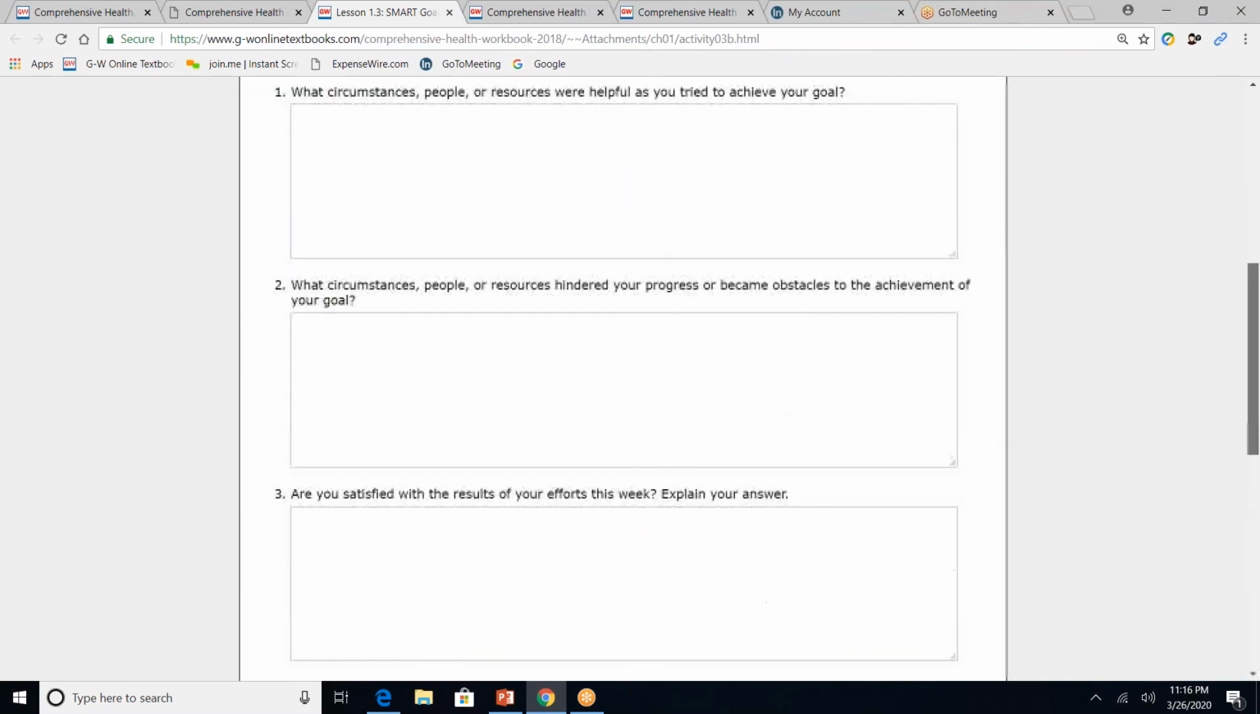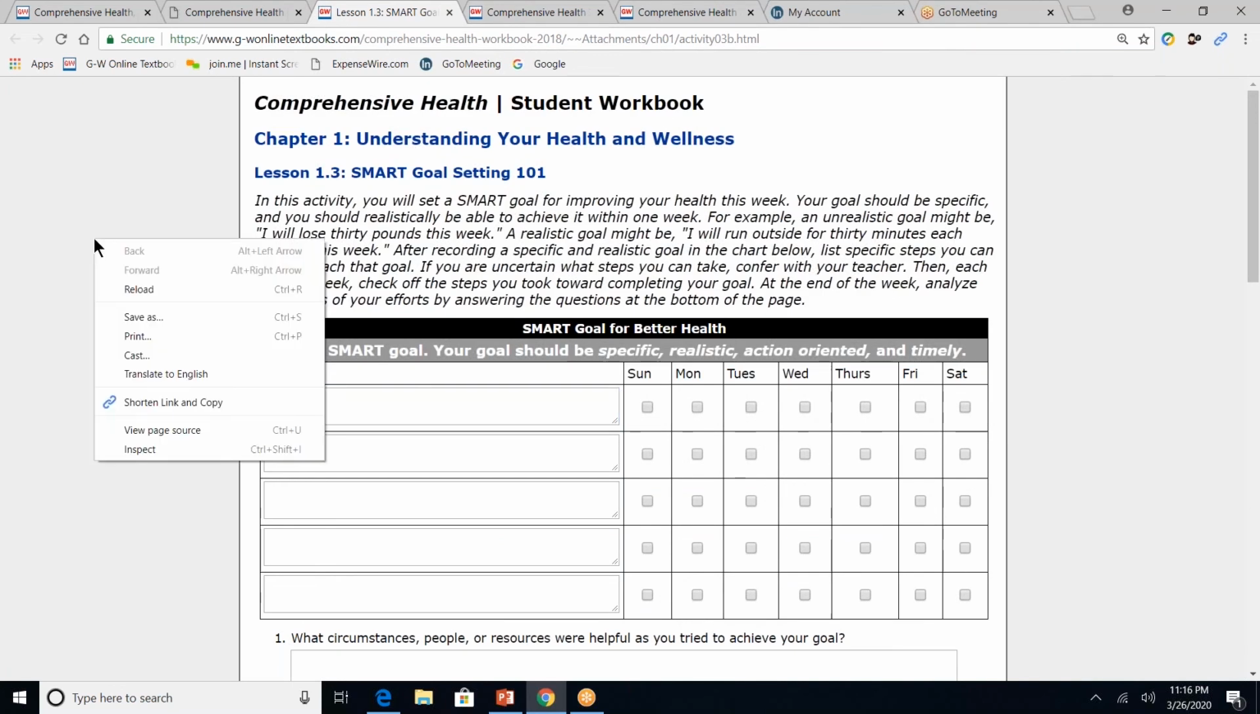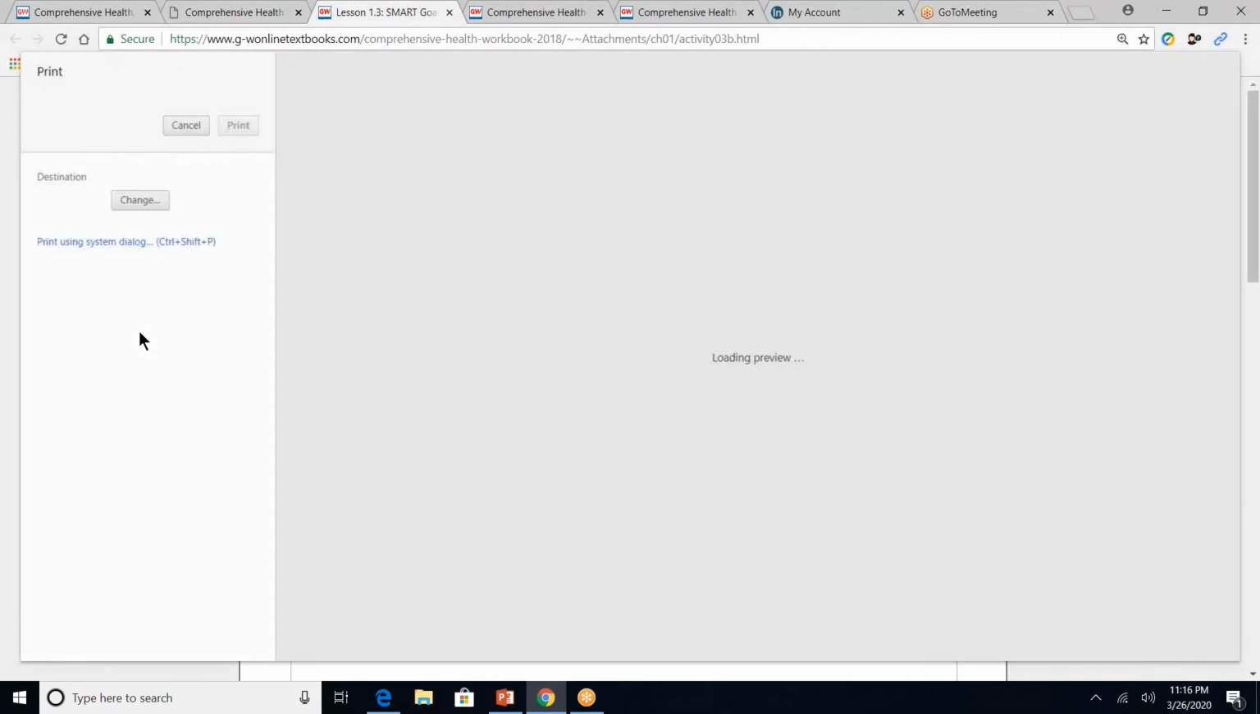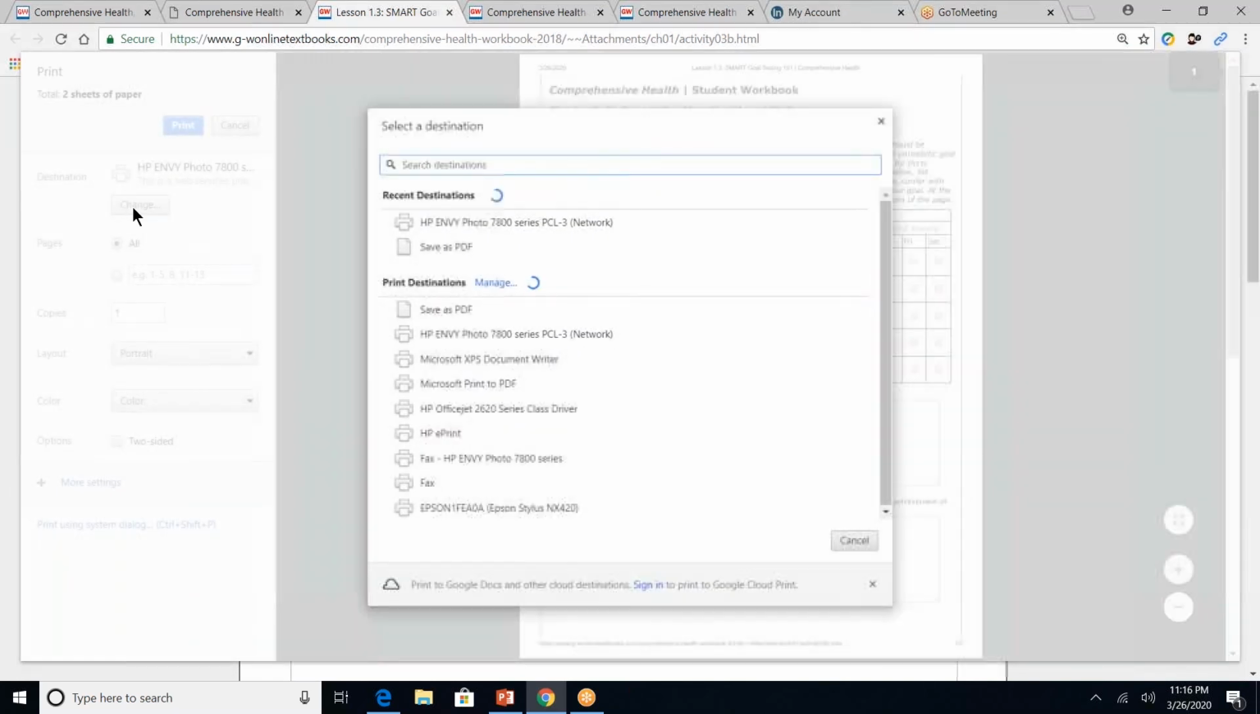However, once again, all of our assessments can be saved by right-clicking in the space off to the side. They can save it as a PDF, or they can click the print option. They can print it or change the destination away from the printer. I'm going to change the destination away from the printer, and then from there they would have the opportunity to